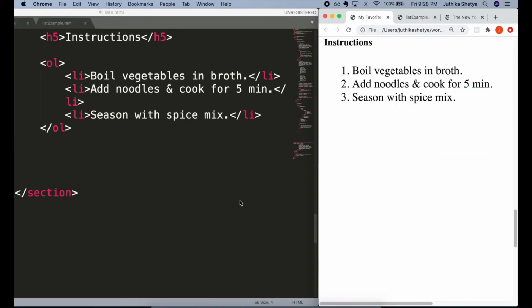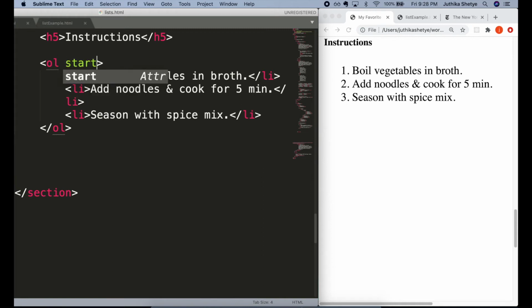Now, what if I wanted these numbers here to start from, say, number 10 and not by this default number 1? Well, it is possible to do that. If you remember, in my previous videos, we talked about HTML attributes. So we can use the start attribute here.